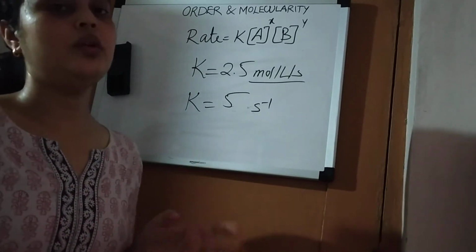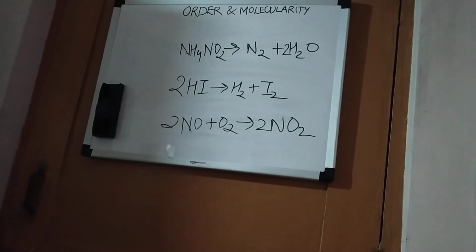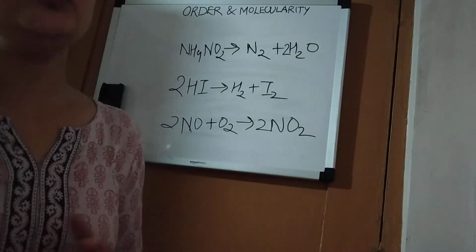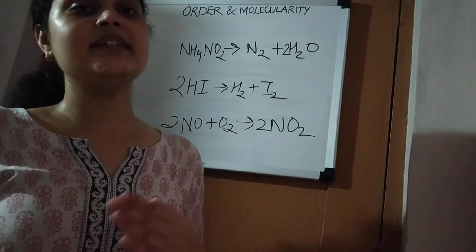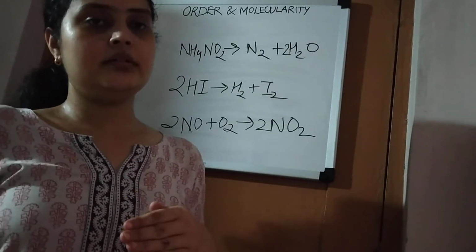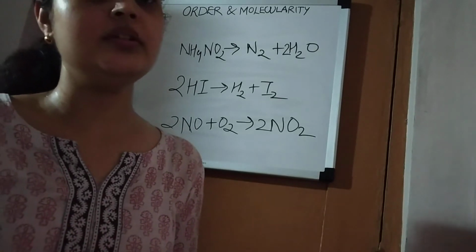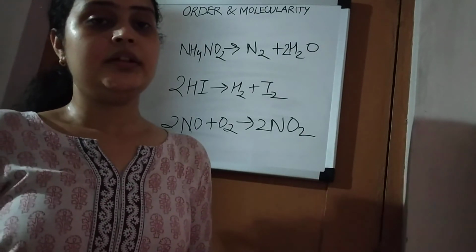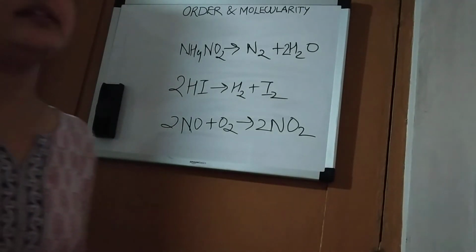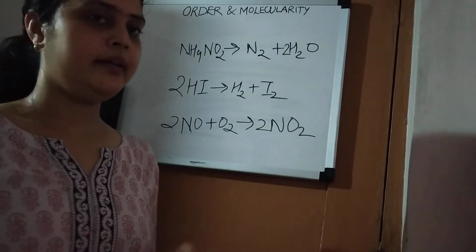Now let's see what is molecularity. So what is the molecularity of the reaction? Molecularity is the number of reacting species, which can be atom, ion or molecule, in a reaction which must collide to undergo a chemical reaction. That is called the molecularity of that reaction, right? We can see molecularity only in an elementary reaction, because then only we can find out how many atoms are colliding, right?